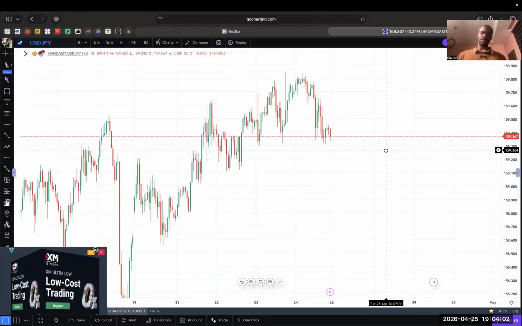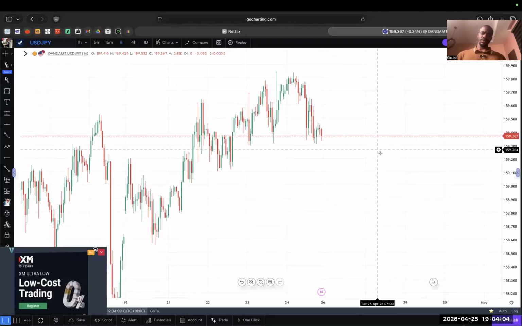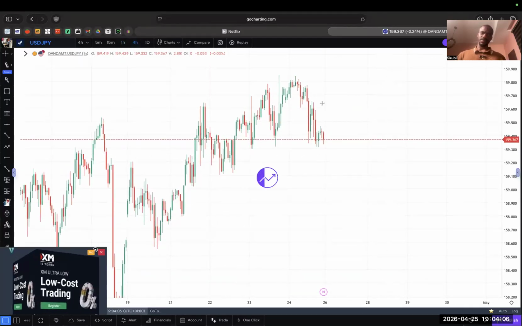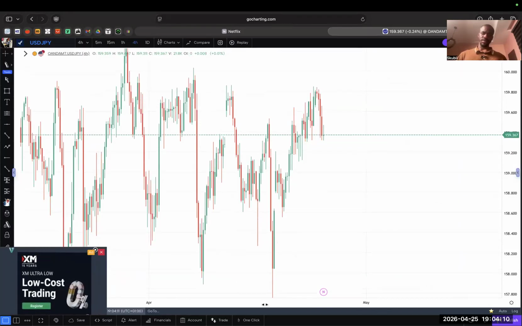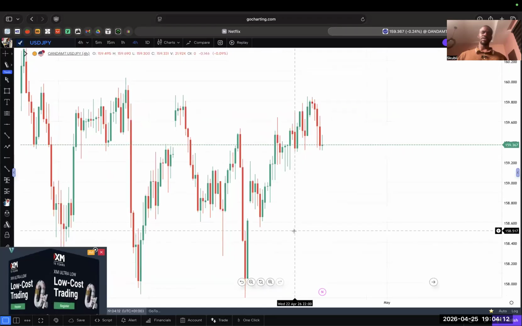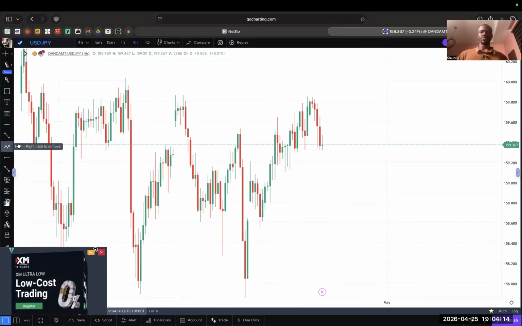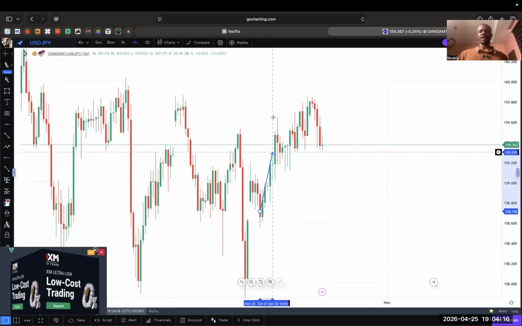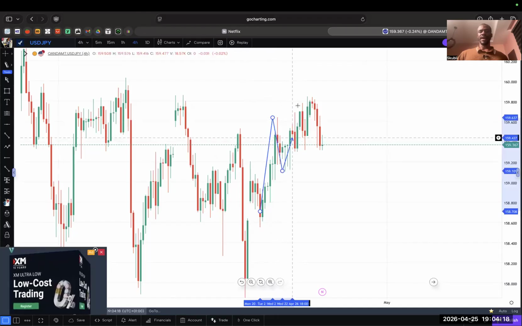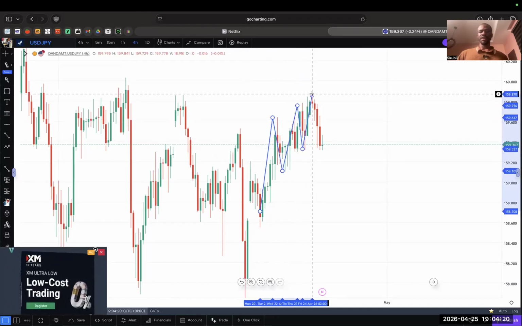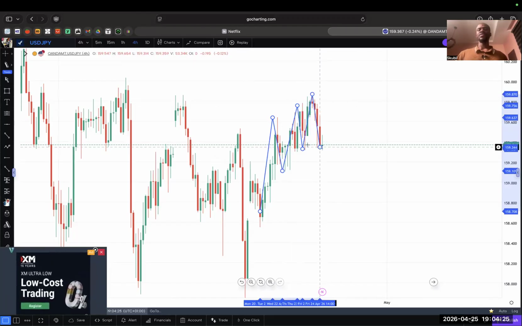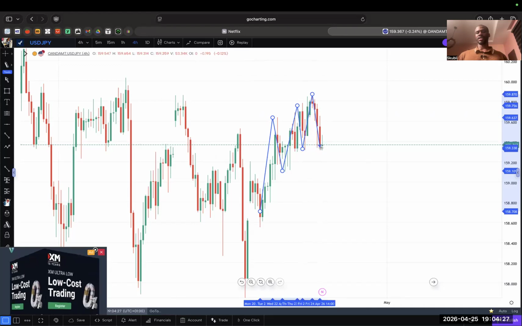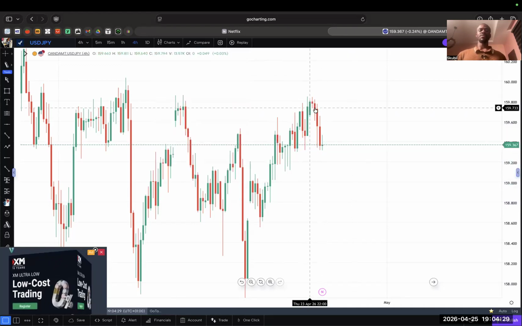So this is USD JPY. Let me see the 4 hour time frame. The 4 hour time frame is actually bullish. But then the 1 hour is looking like it wants to start shifting. If you look at this, you see that we've been having a series of higher high, higher low, higher high, higher low here. We created a higher high here also. And now price has retraced fully to this low here. Do you understand? So it's looking like it actually wants to shift.